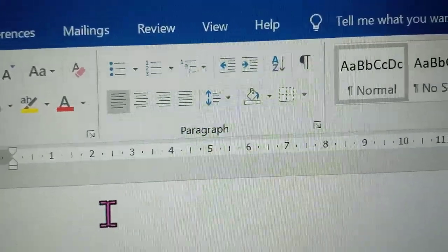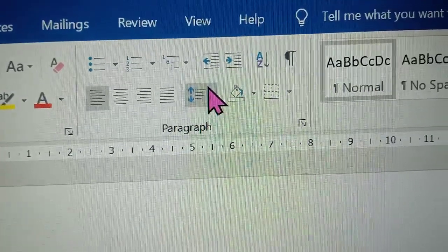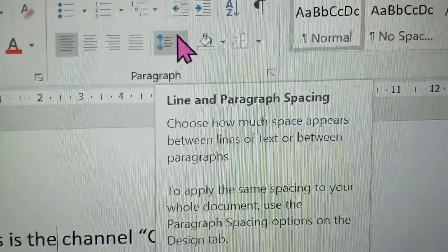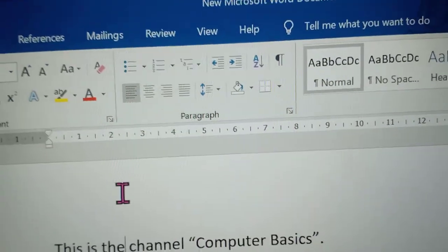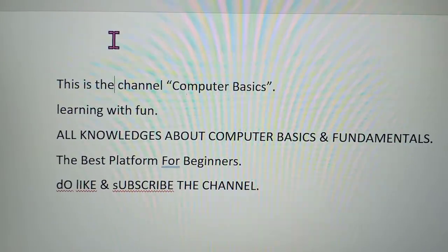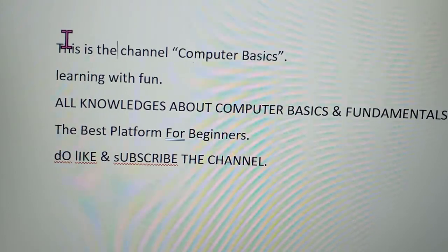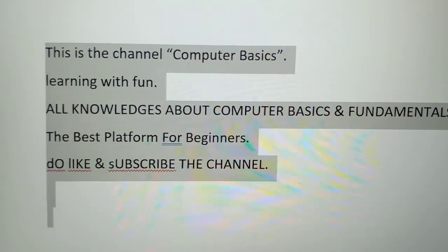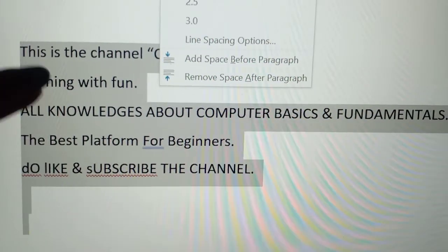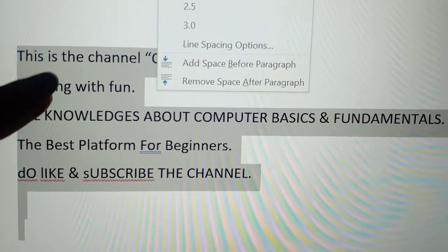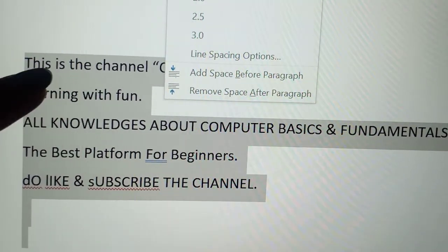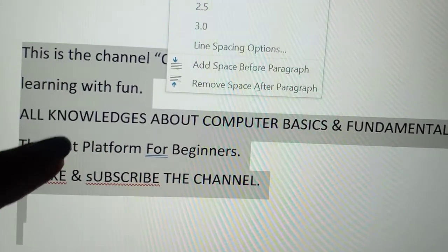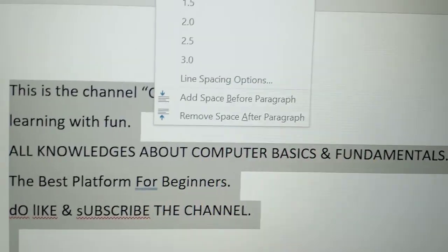Then the next option I will show you is line and paragraph spacing. See, here some lines are typed already. I will select all the lines to change the line spacing. By default there is some space between the first line, second line, third line. So between every line there is some default space.